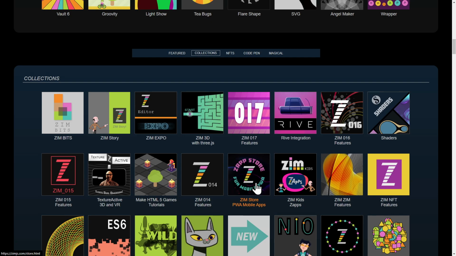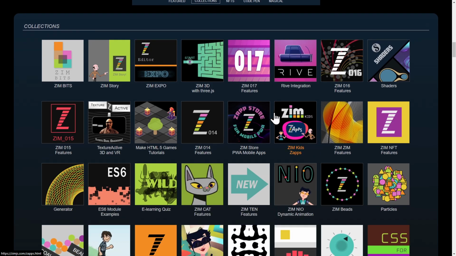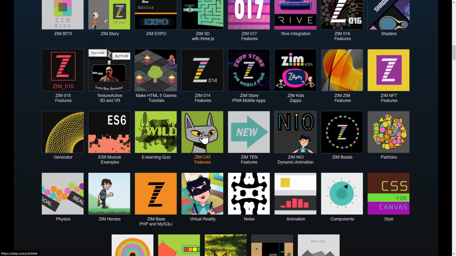and how that works with in-app purchasing, for instance, or we didn't actually go the full in-app purchase route, but we have a cross-app sign-in and collecting things and using what we've collected to unlock features, so that same kind of thing. ZIM Kids now has a Zap section as well, the ZIM version, ZIM features, NFT features, generator mini site, on